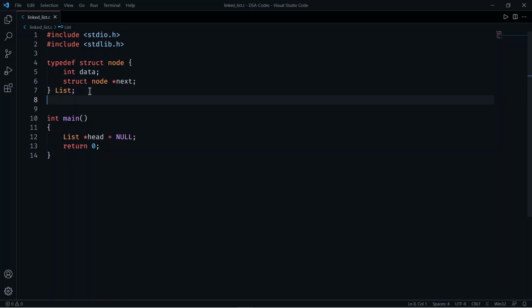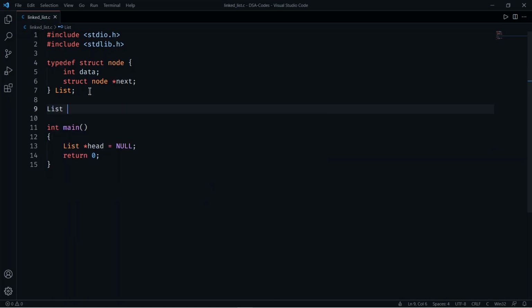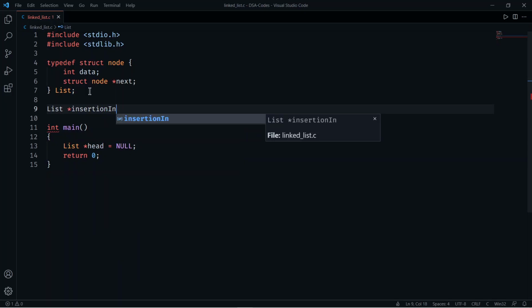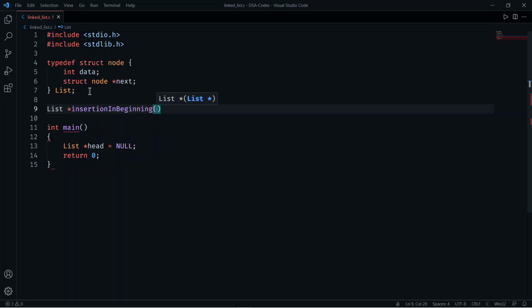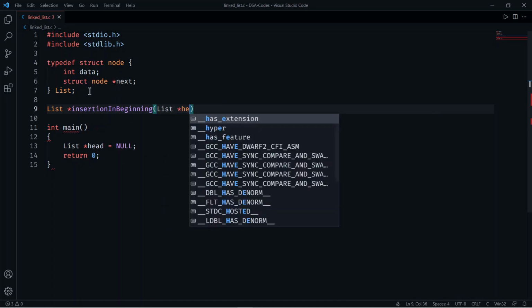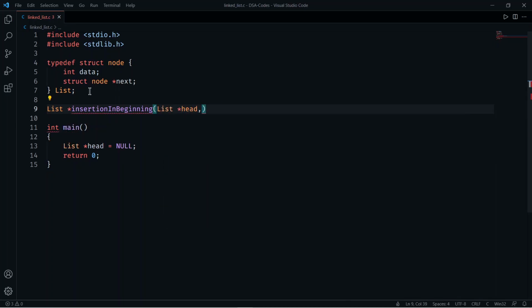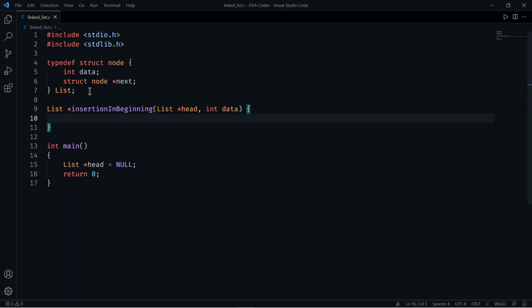So let's say first of all list star insertion in beginning, and in this method what I need is, first of all we need a head pointer, that is the starting point of the list. Then we need a data that we want to insert. And why I've created this method as list star, because it will return a head pointer.